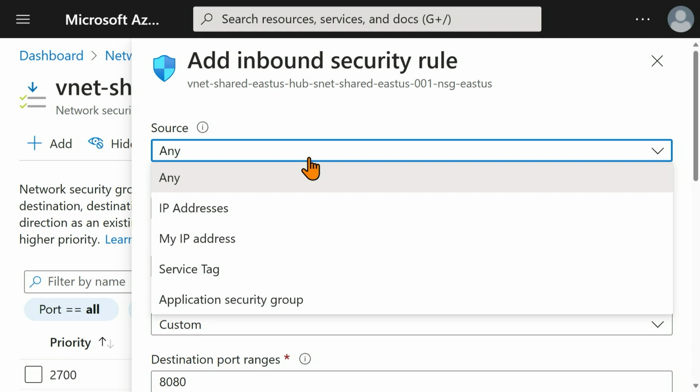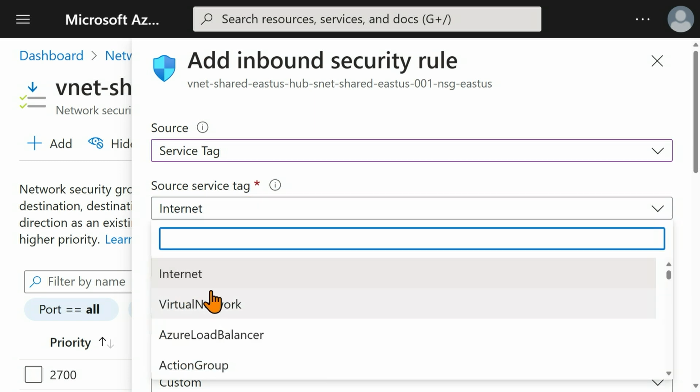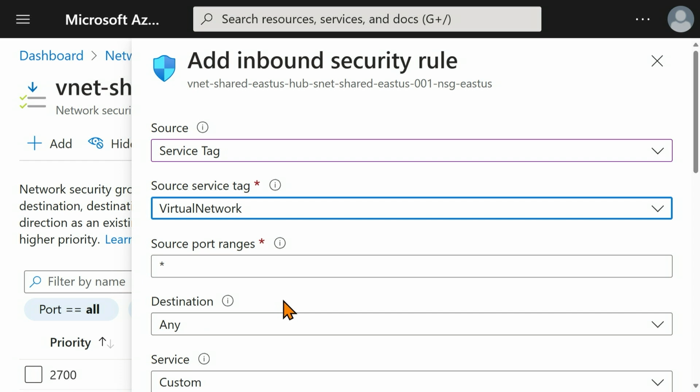I am going to stick to the service tag for now because what I want to show you is that the service tags are not necessarily just for Microsoft services. Note these first two, Internet and Virtual Network. What we can allow is inter-virtual network communication without necessarily knowing the IP address we wish to address here. This is a really useful metric because it allows us to open it up to say, hey, it's not that